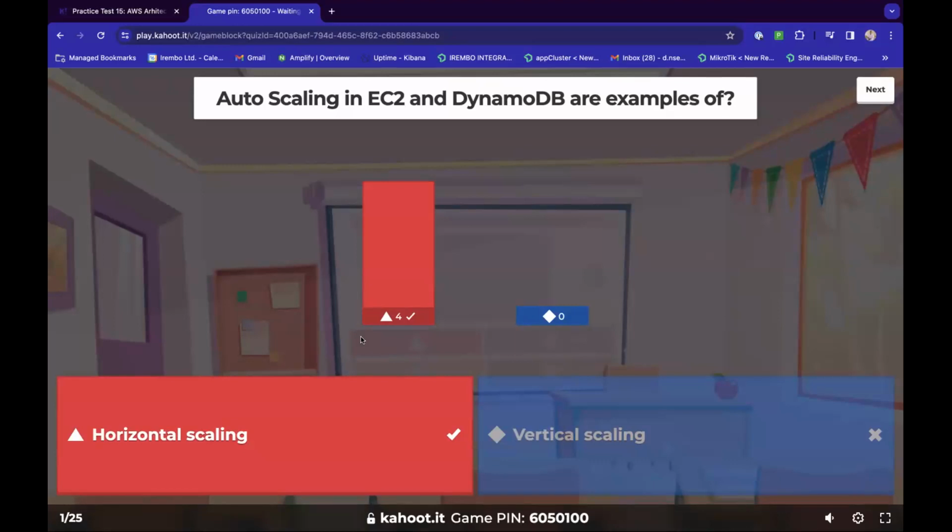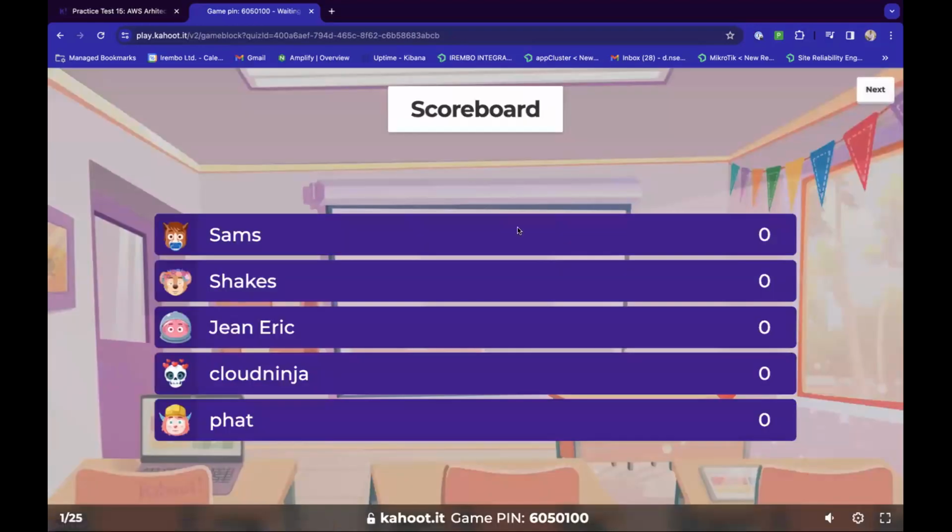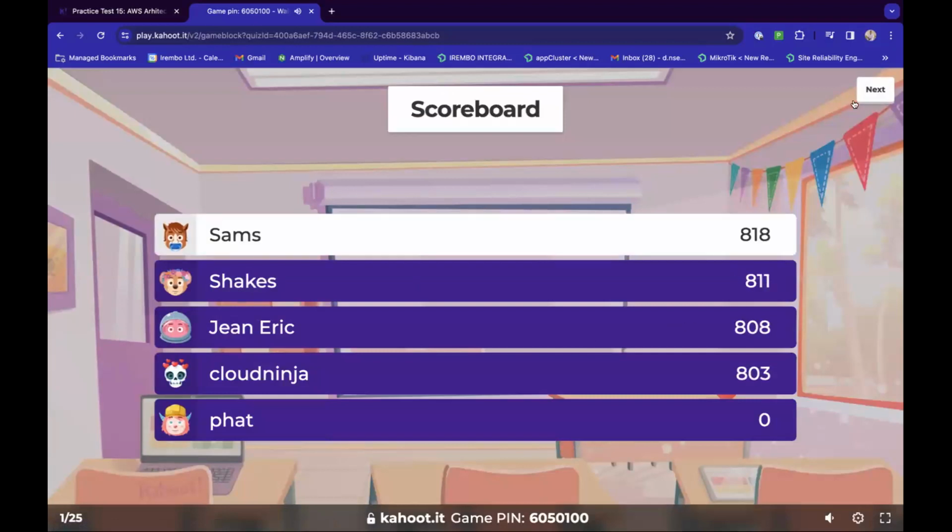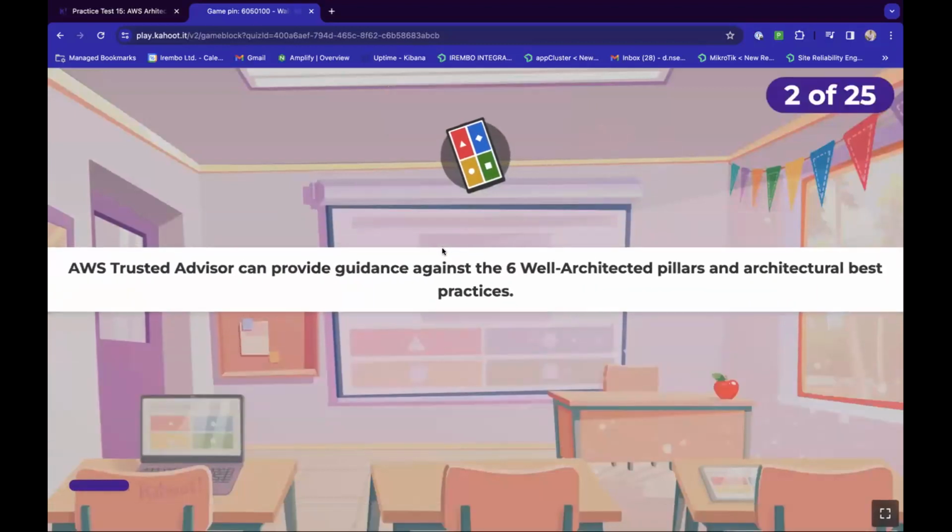Contrary to vertical scaling, where we basically change the instance that we're using to a bigger one. So yes, a majority got it right. So moving on to the next question.